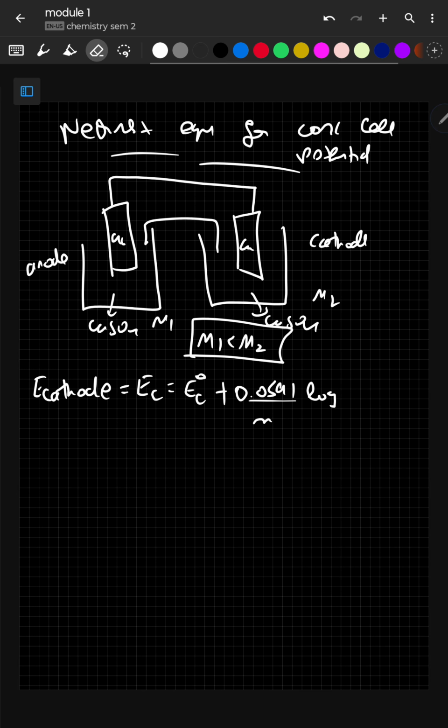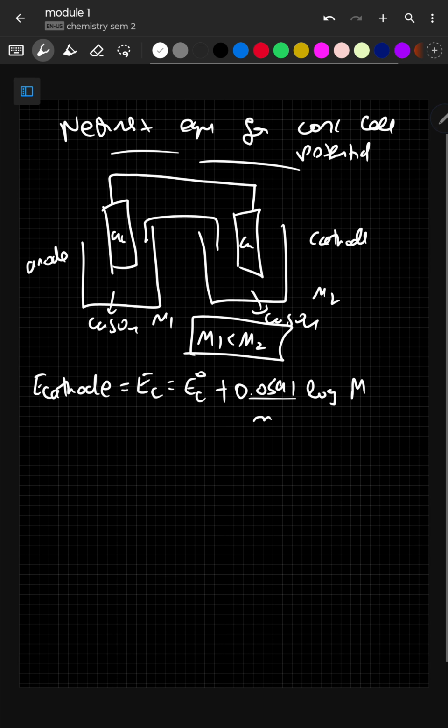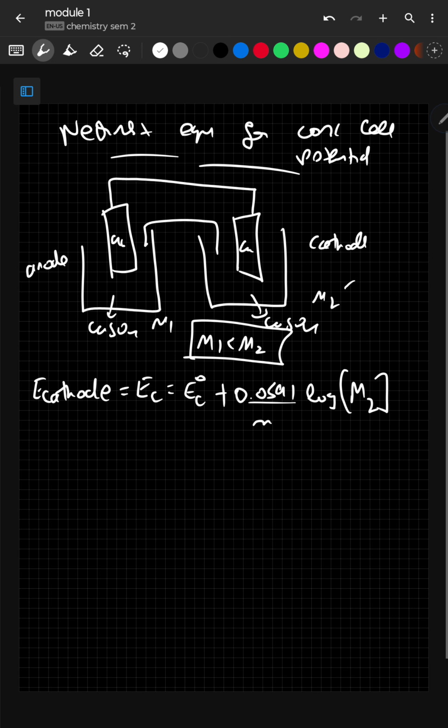We should write Mn plus, right? No, let's not confuse all of that. Just write M2, because the cathode has M2. Similarly, E anode, that's going to be EA, which equals EA naught plus 0.0591 by n log